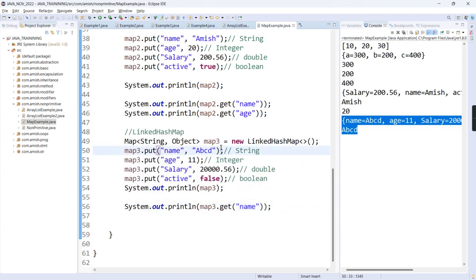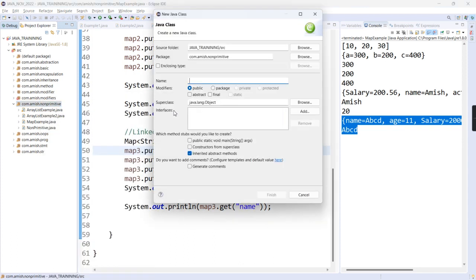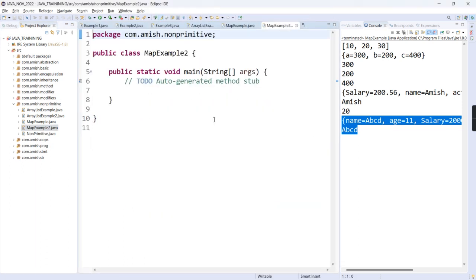Let me create one more class. We'll see one more example for hash map. New class, MapExample2. By our own data type, now we'll store that value inside that hash map. So we'll add own data type in map